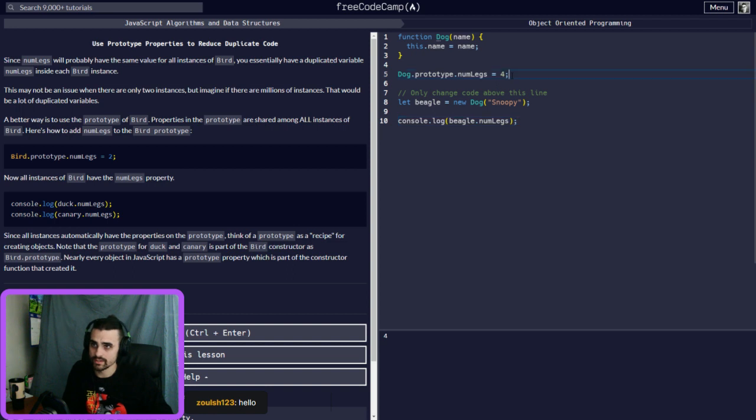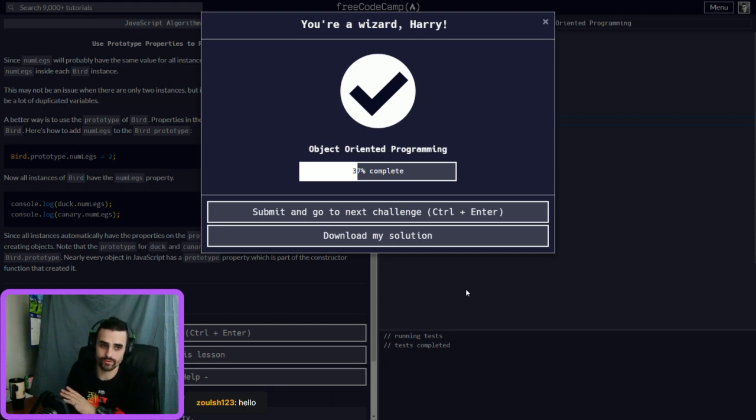See? Basically it's saying this is going to have this, this is going to have this, on every instance we create, no matter what it is. But these right here will be customized. We're going to set all of these to whichever values, and then you can set right here whatever you want. So there we go. That is prototype. It makes sure that all the properties are shared through all instances of whatever object you're creating.